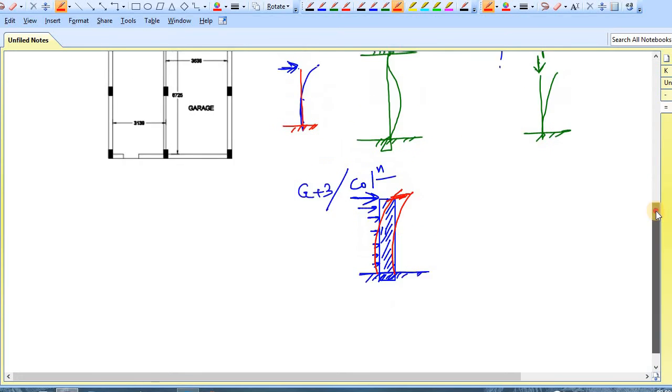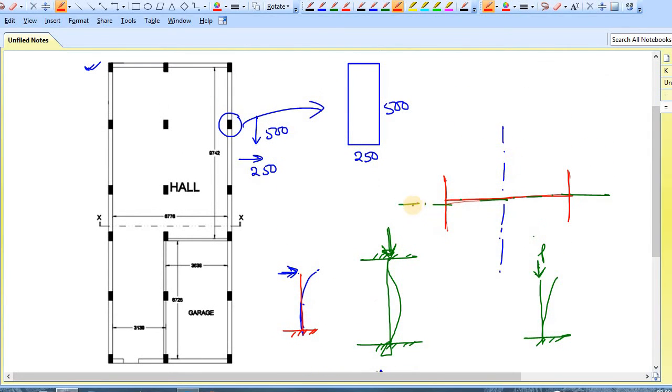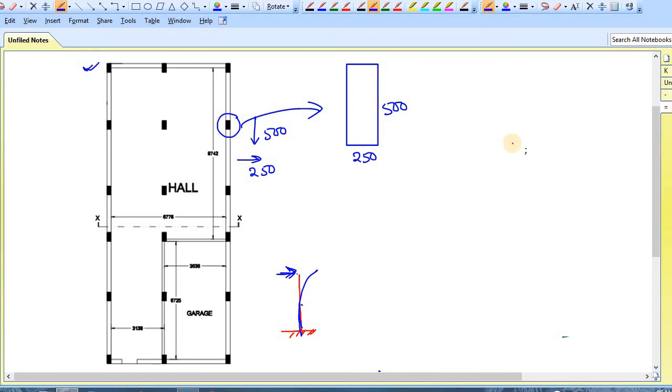Now again go back to the major axis, minor axis concept. Come back to the I section. Let's say this is our vertical column, and in plan it looks like this, an I section.